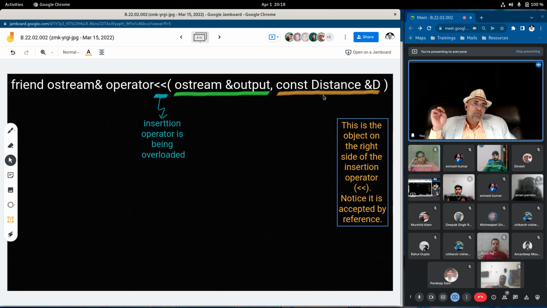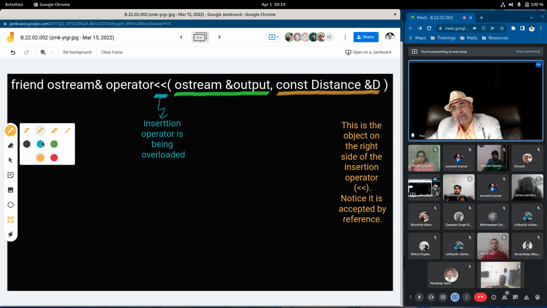Because we do not want to modify the data, there is no point in having a copy of data passed by copy or passed by pointer. Instead we use a reference to the same original data D1 that you want to display, and the same original data is displayed. You also notice that we have made it constant.